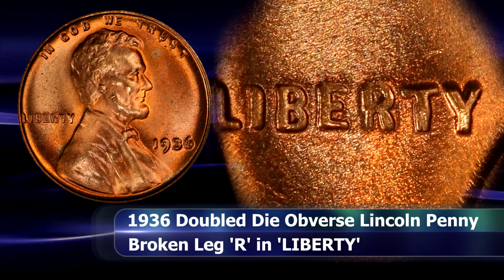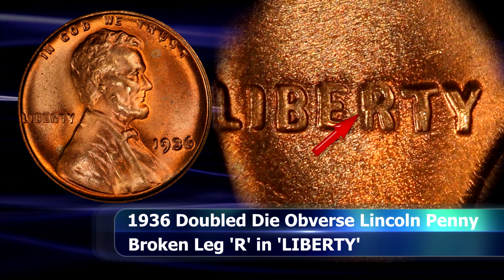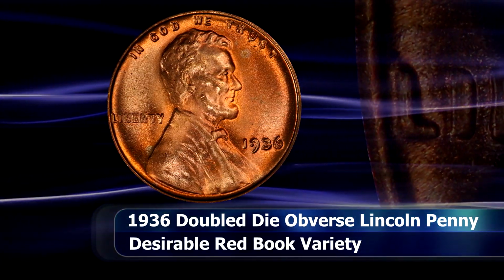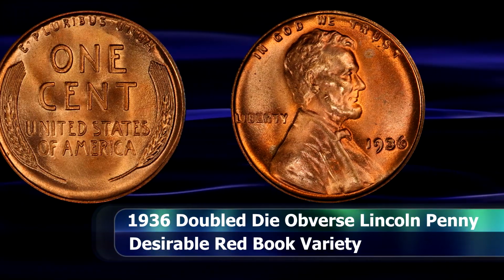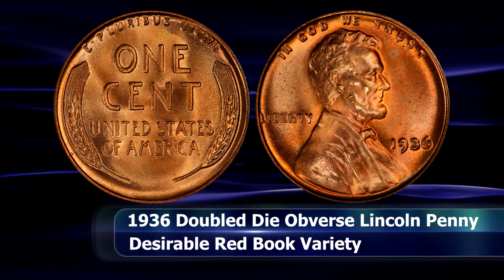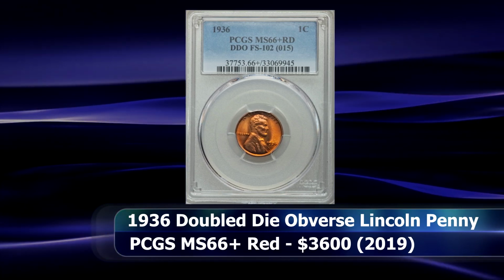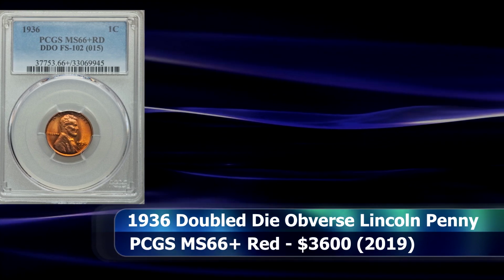Pay particular attention to the R, where you see one of the working hubs for 1936 had a broken leg on the R of Liberty. It appears as though this coin's die was first impressed by that particular hub, and then received a second squeezing using a different hub with a normal R, resulting in what we see here. During 2019, a PCGS graded MS65 Plus Red example of this particular variety coin was sold at auction during the August ANA show for